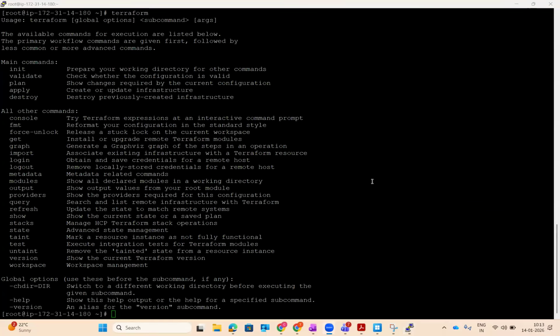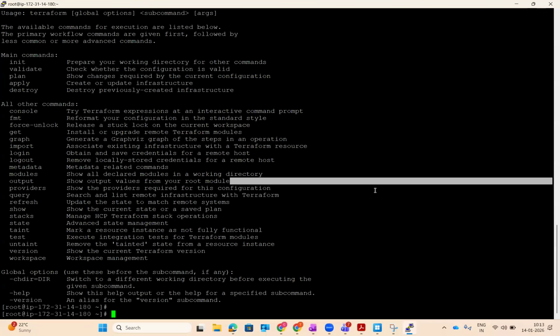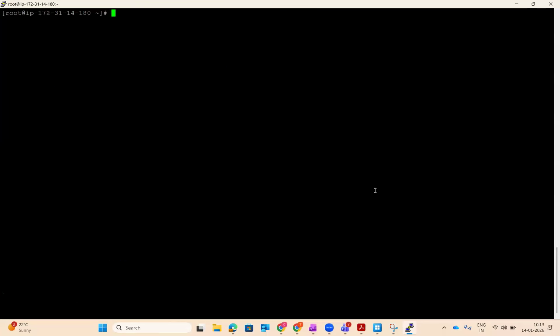So now this is done, right? After this, what are you going to do? Now your Terraform is installed. After this, I will create a connection. As of now, my Terraform doesn't know where to create resources. Is it going to be AWS, Azure, in AWS which account? Terraform doesn't know anything about it. I have to tell Terraform that yes, Terraform, this is the account which you have to use. In order to do that,